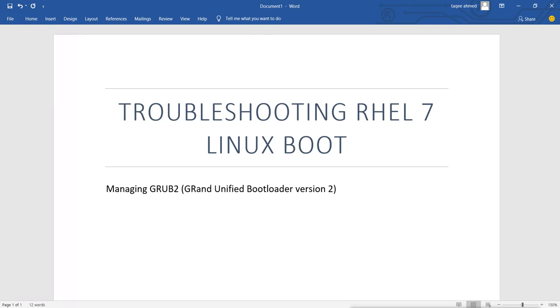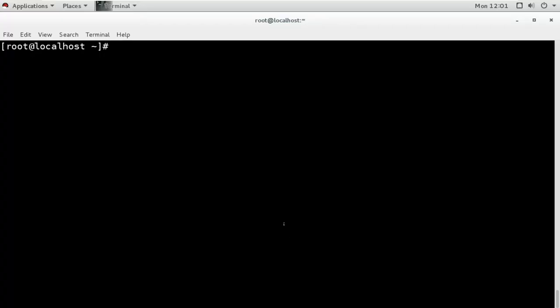So for managing grub, first we should know where the configuration files are. Let me show you that first. All the boot related files are under the first partition, and that is mounted on /boot.